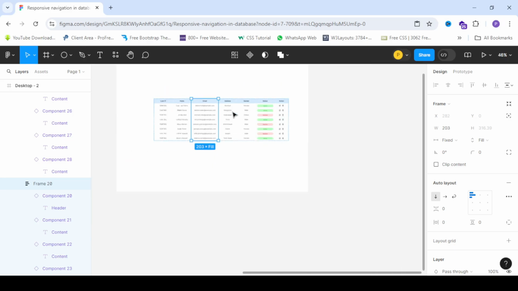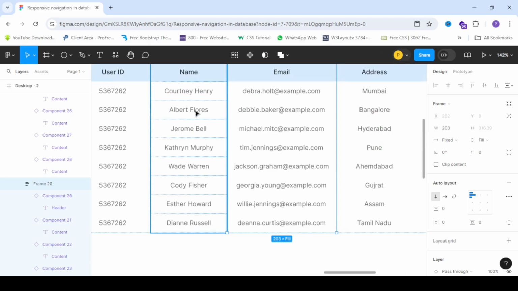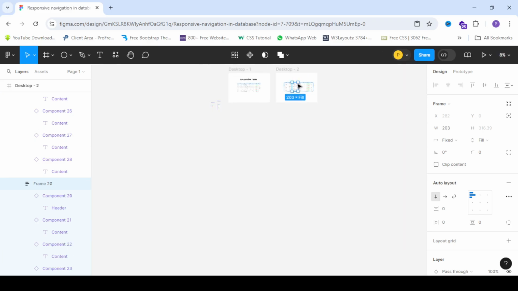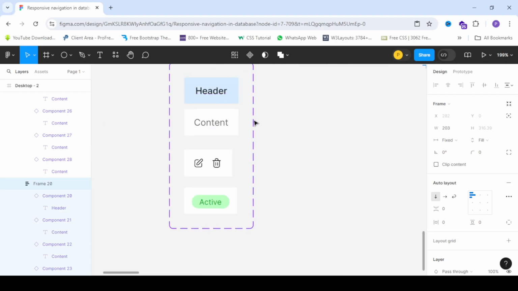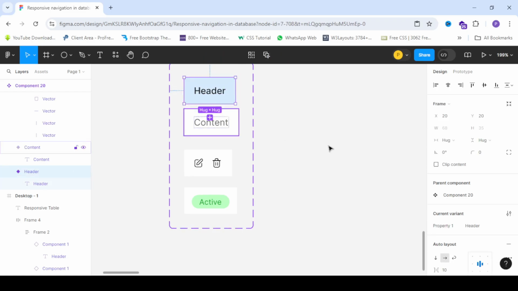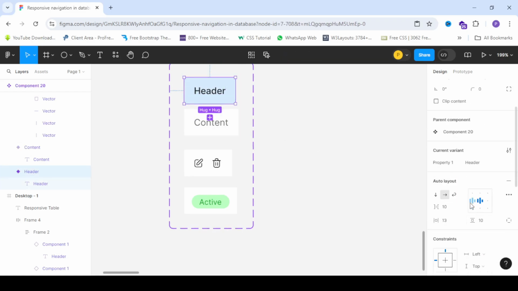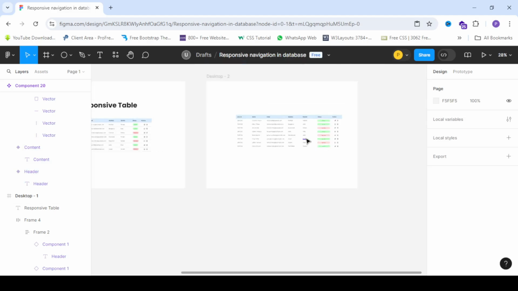increase it. Now the issue here is I want all of the text here to be left aligned. It's very simple now because I only need to make the change here and it will be applied there. So just click on this one and then click on this one, and then you can see the auto layout section here, right? This is in the center, so you need to make it align left. Same thing I'm going to do with this one, align left. Done. Now you see,